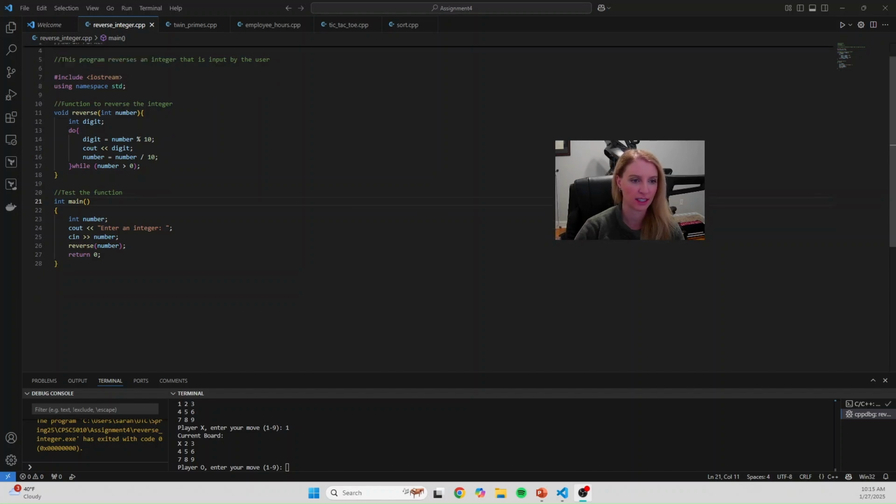So to test this, in our main method, we have our variable integer number, and we're going to print to the terminal to enter an integer, and then we're going to save whatever our user inputs, using cin, into the number, and then we're going to call that function reverse, this one up here, with the number that the user has entered. So if we go to our terminal down here,